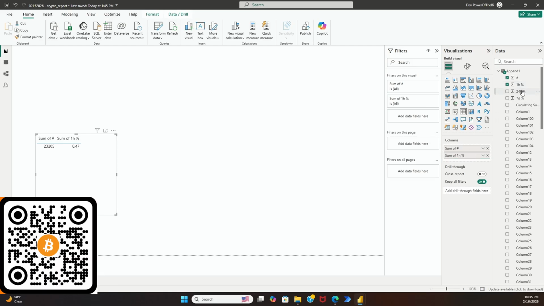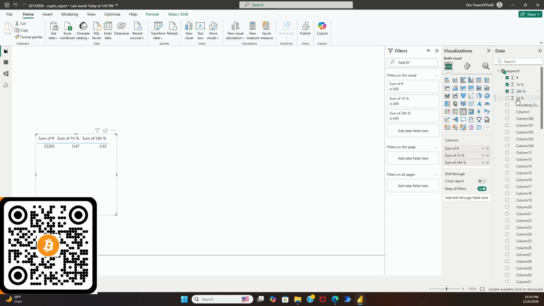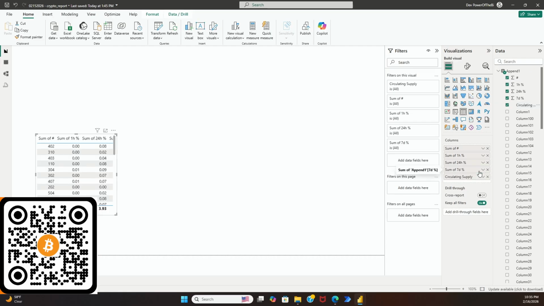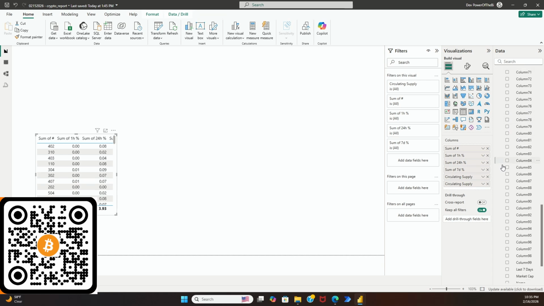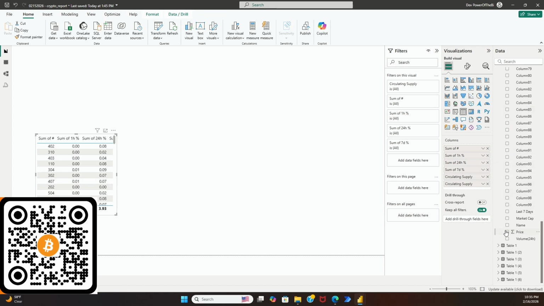So I'm just clicking and dragging and dropping, and we are building a table using Power BI. If you've gone over to Google and searched for Power BI and downloaded Microsoft Power BI, you are able to follow along with us as we build out this Power BI report for the next few